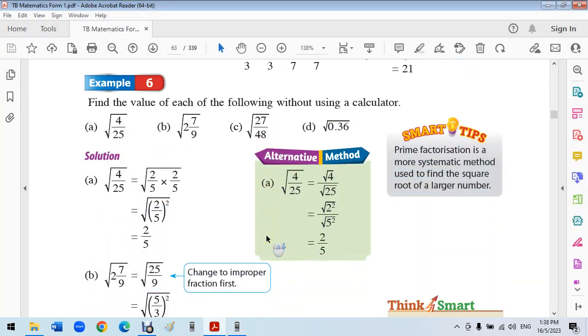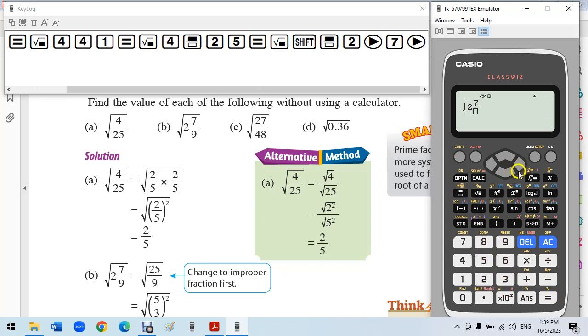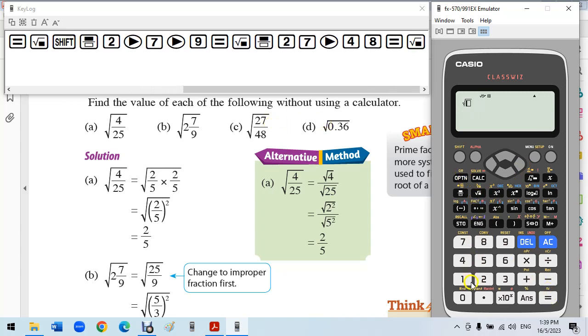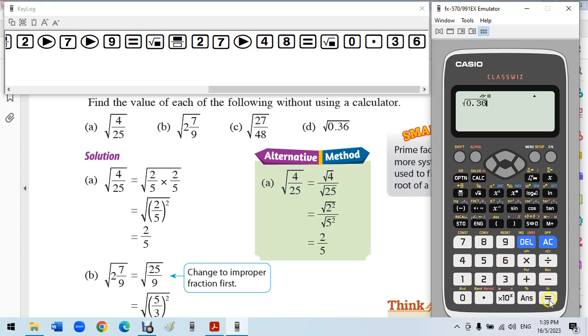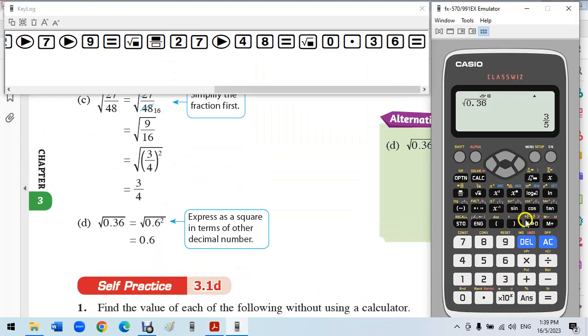Okay, so we have the square root of 4/25 is 2/5, square root of 2 and 7/9, okay, it becomes 5/3, square root of 27/48, it will become 3/4, and square root of 0.36, it will become 3/5. Okay, and this one they want decimals, 0.6. Okay,